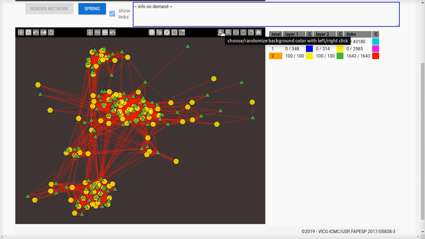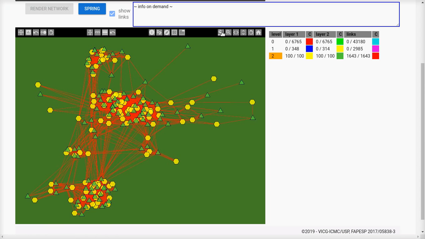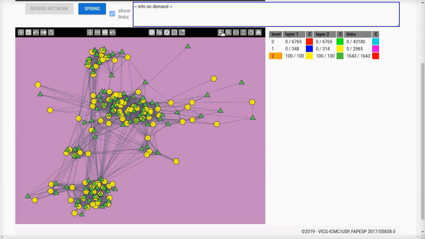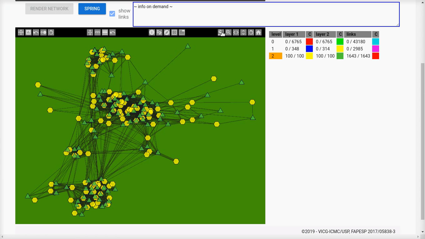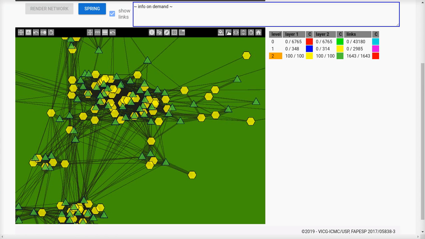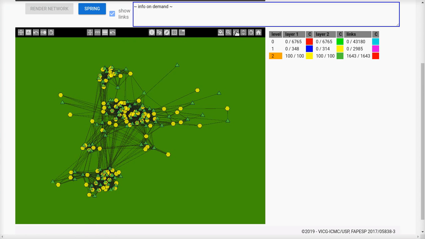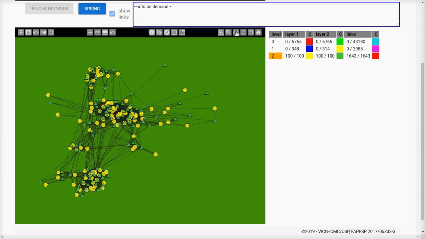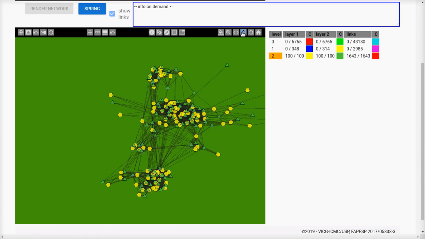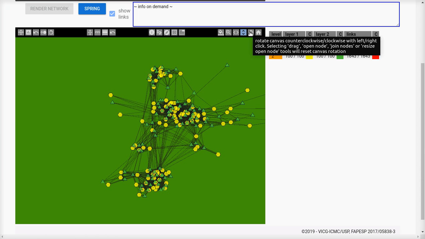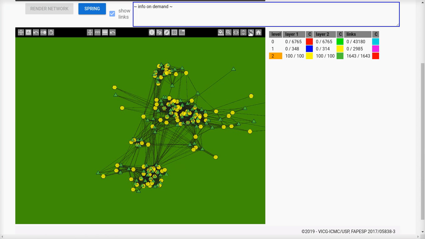If you right click, you randomize the background color. This one is okay for now. You may zoom in and out with left and right clicks, move left and right, and down and up with left and right clicks as well. You may rotate all the network with left and right clicks,